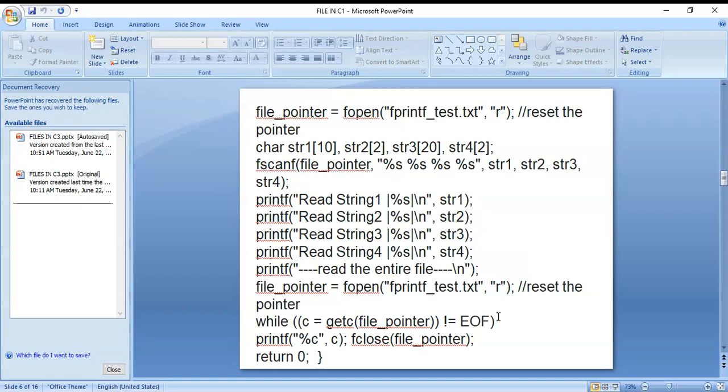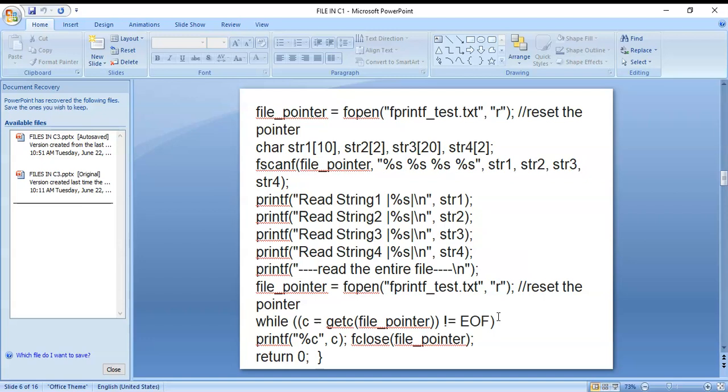Okay, printf "read string 1". For reading, you can use percent s, comma, string 1, and read string 2, string 2 values are read the same way. Here for string 3 also you can read the value with percent s and backslash n, which is a new line.